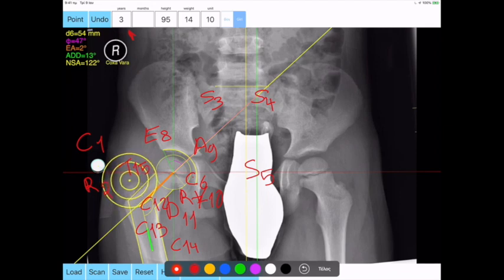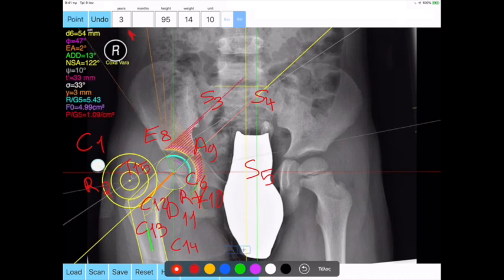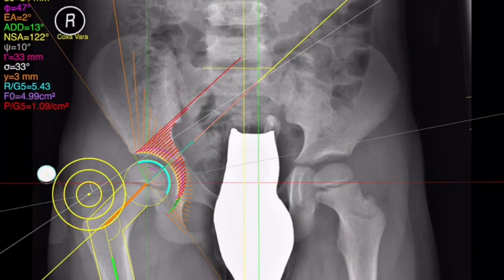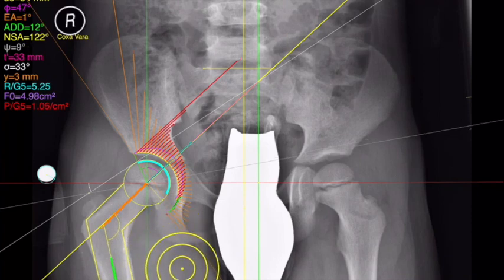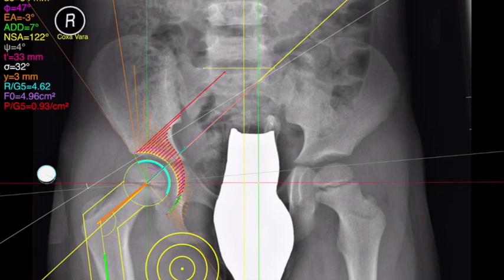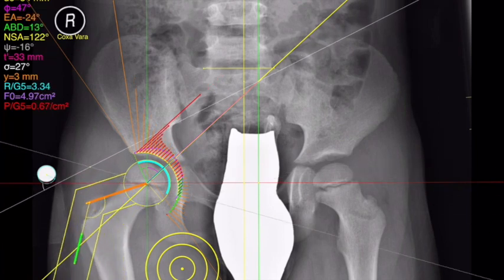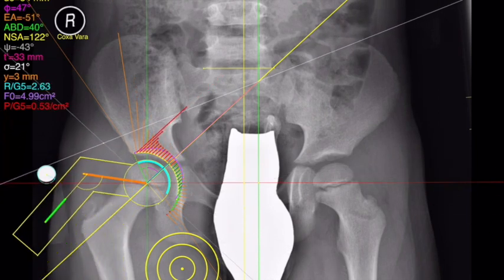Finally, you mark the site of insertion of the hip abductors on the greater trochanter, point T15. By finishing marking of points, a box appears on screen with minus and plus sign symbols inside. By clicking over the respective button, the virtual femur is depicted and rotates its position over the center of the femoral head, point C6. For every click you notice the dynamic change of all derived calculations on screen and the